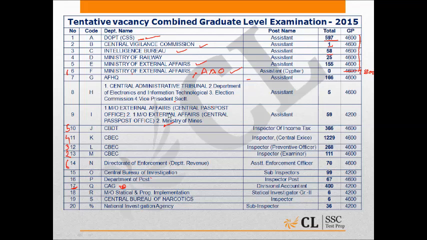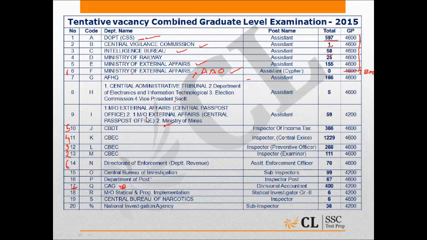Is it the job location? Right, capital cities, then go for CSS, right? Or is it the profile? You can go for CAG, you can go for Intelligence Bureau or Vigilance Commission, right? Or is it the comfort, the benefits provided? You can go for Ministry of Railways. In most of the cases you will get free travel, right? You can go for Ministry of External Affairs as well. After that,